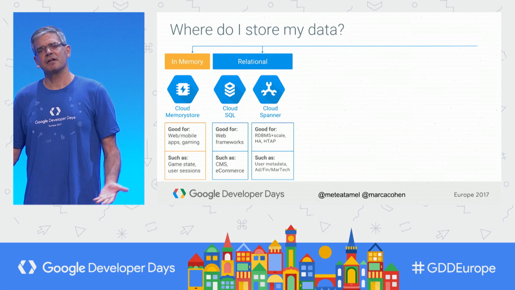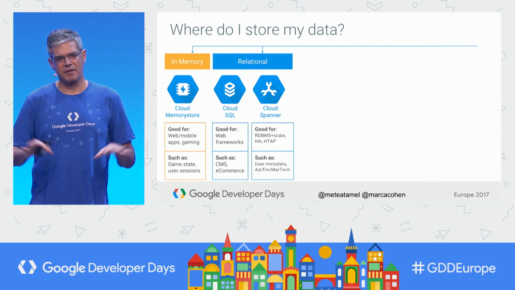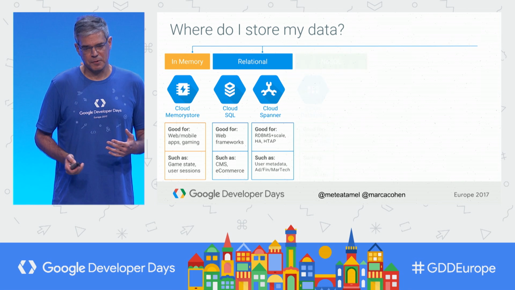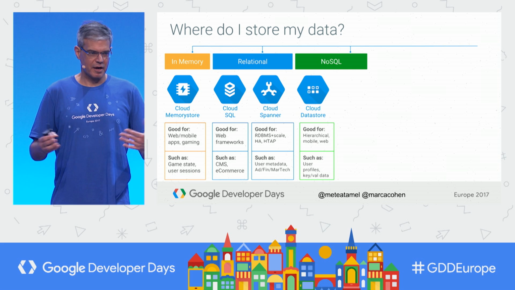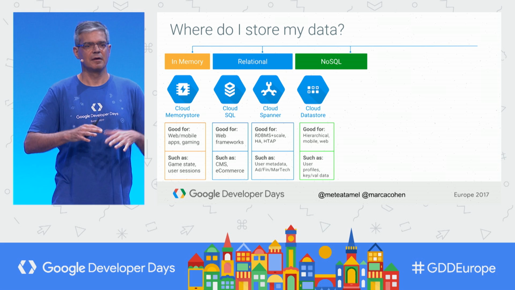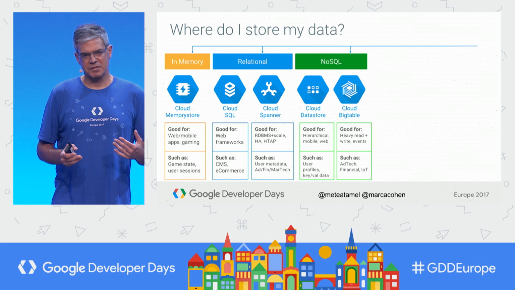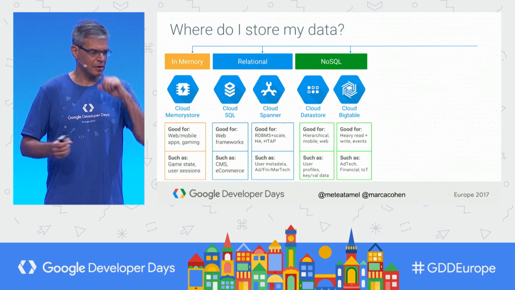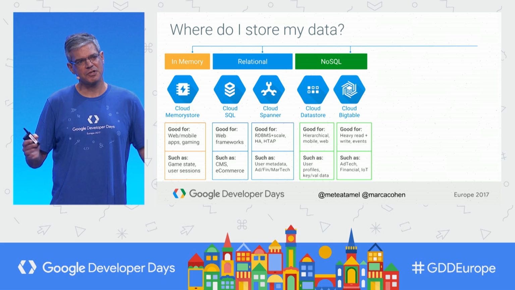And then we have Spanner, which takes it up a level, and you really can think about just the database independent of any server. So it's really database as a service with a lot of other nice features as well. And then on the NoSQL side, we have Cloud Datastore. It's a hierarchical key value store that comes out of the App Engine world, but is now completely generalized and can be used from anywhere. And we've got Cloud Bigtable, which is also similarly schemaless and NoSQL, particularly well suited for very high capacity storage jobs,